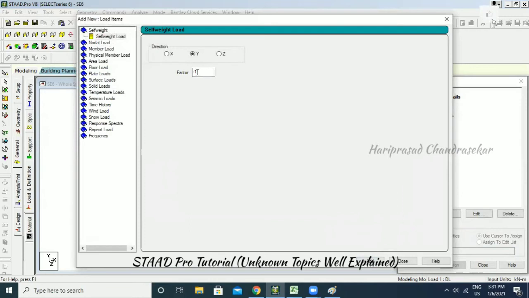So it's up to you. You can just take -1. If you're not considering load combination, then you can go for -1.5. Yesterday I put -1.5 and also generated load combination, so altogether it is an over design for our structure. So it's up to you, you can choose like this, but a -1 factor is enough.